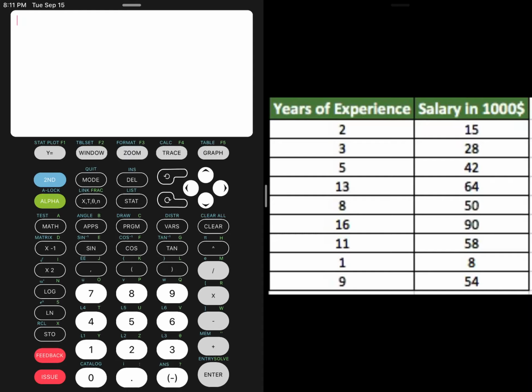So this is just the basic idea of some linear regression. On the right here, I have some data, years of experience in a job, and then their salary in thousands based on that. So if we want to take a look at that data, put it into our lists, you hit Stat, which is between our second and arrow keys, and we want to edit the list, so that first